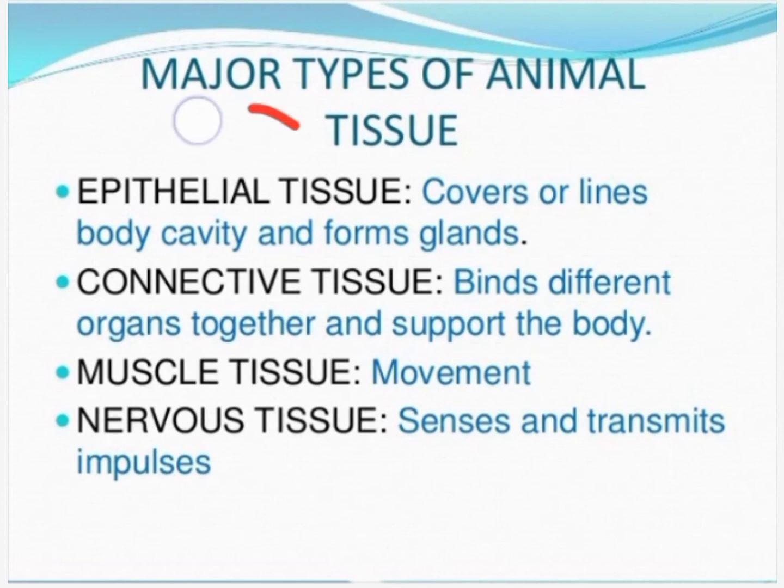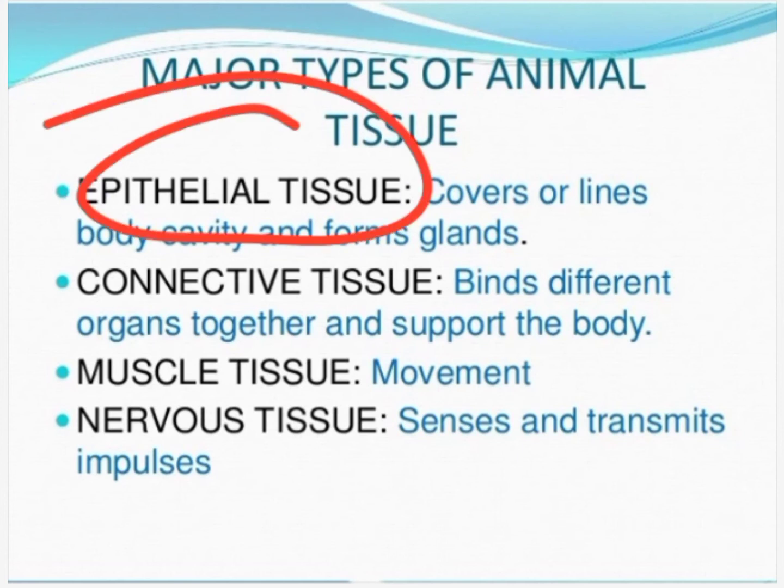First of all, epithelial tissues are the covering or the lining of the body cavities, our skin, the glands, and the blood vessels and everything. So they form the lining or the covering of them, right? This is what epithelial tissues are. Epithelial tissues are found in plants also. I'll let you know about them as well.